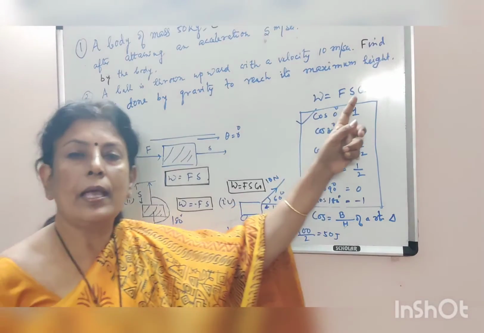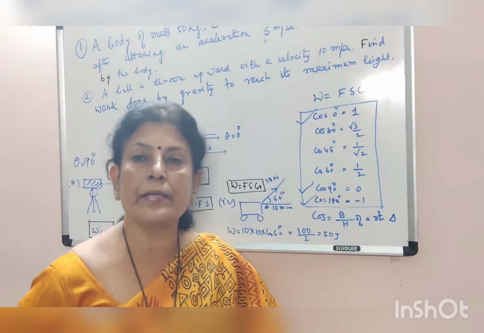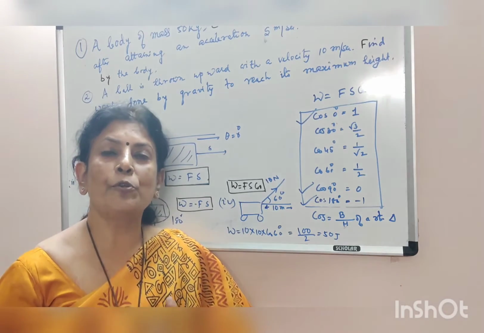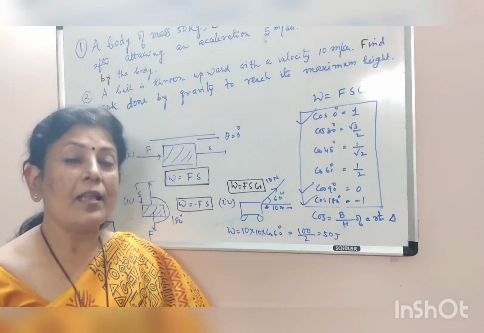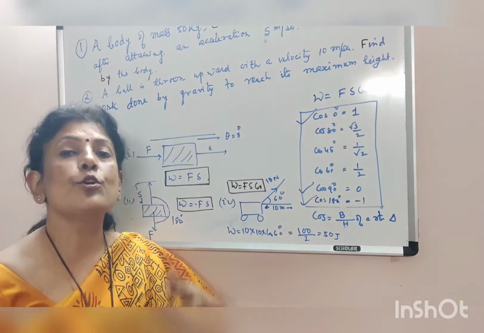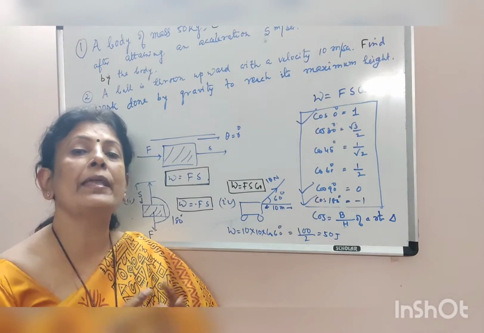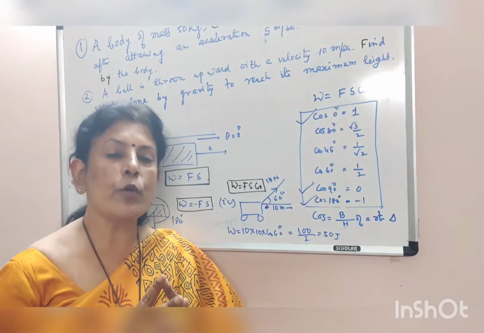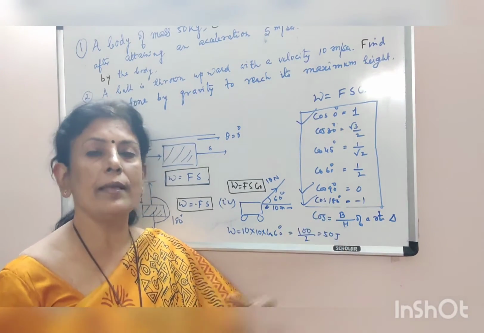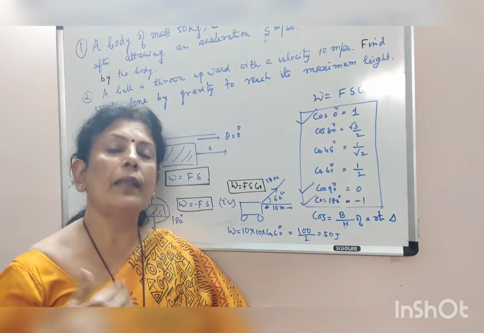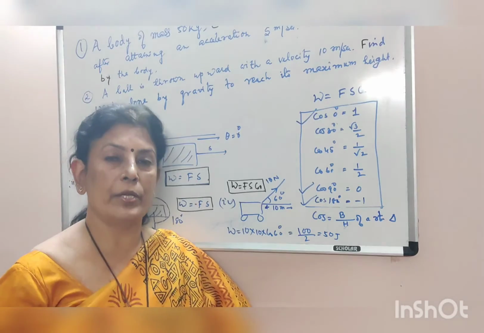So as a whole, work done depends on three factors. One is force, another is displacement, and third one is theta, that is the angle between force and displacement. But not theta, it is exactly cosine of theta. So we have to know what is meant by cosine. Cosine is nothing else, it is the ratio of base to hypotenuse in a right triangle. Regarding cosine, sine, tan, we will learn in class 10 trigonometry.